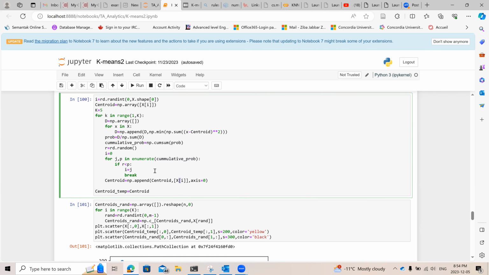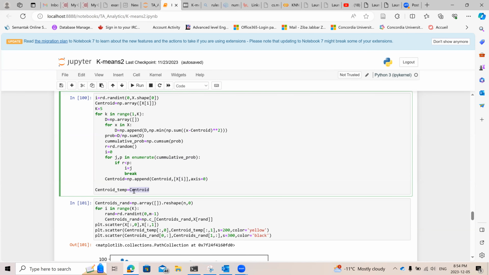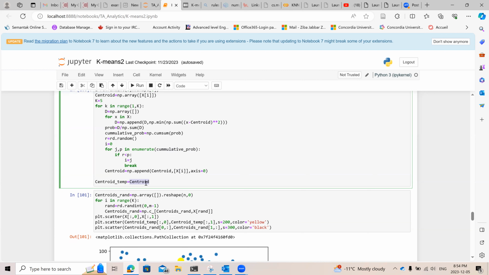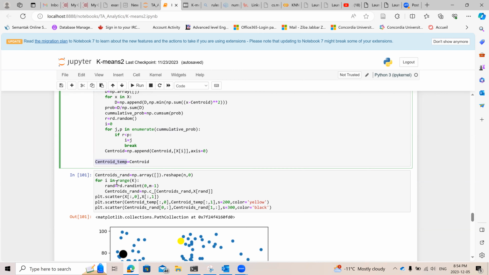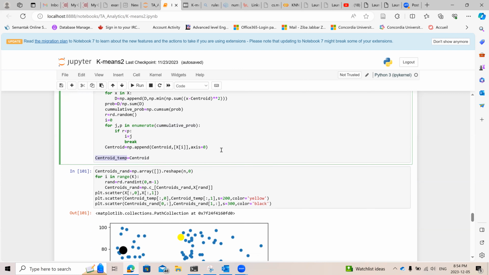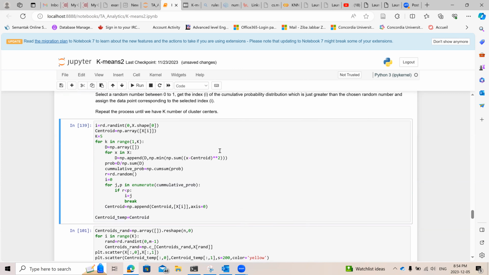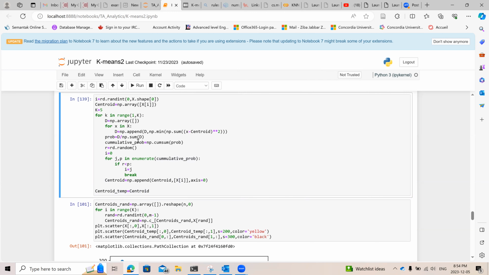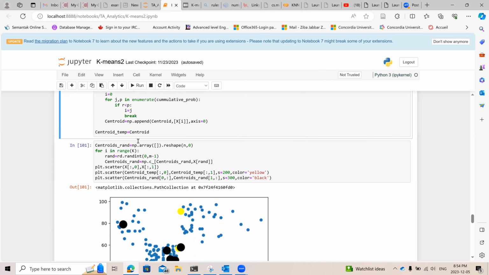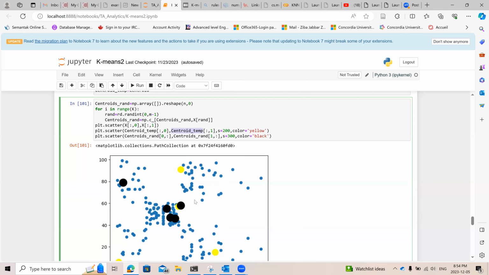Doing this for all the clusters, I end up with a complete centroid set that includes all 5 points, if k, for example, is 5. And I store it in centroid temp, right? So I generally created a k-means plus plus initialization method, and using this temp centroid, I'm going to compare the random ones that we initially created with k-means plus plus centroid